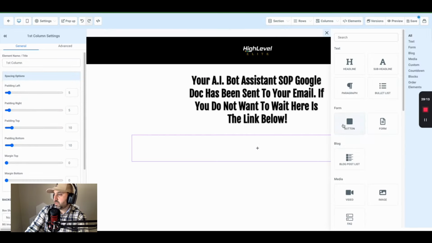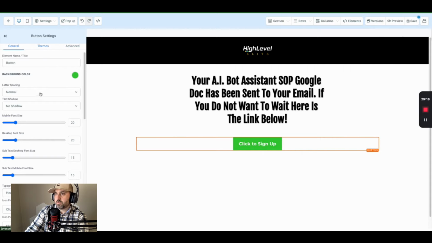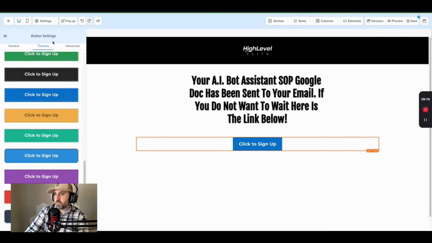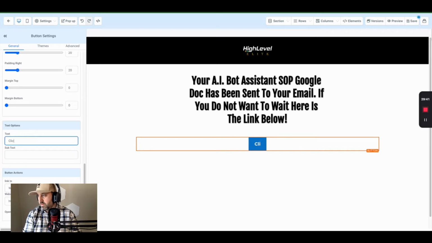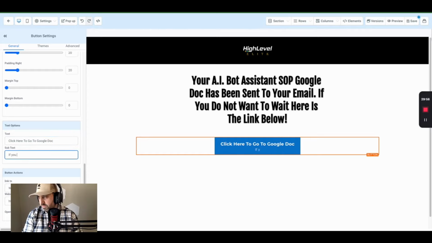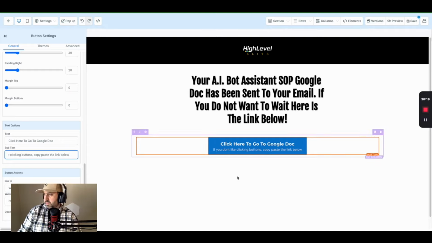I'm going to add a button, themes, blue, website URL. Down here on the left, I need to go back and get my link. Copy. Click here to go to Google Doc. If you don't like clicking buttons, click the copy, paste. Come on. Paste. Link. Alright, so